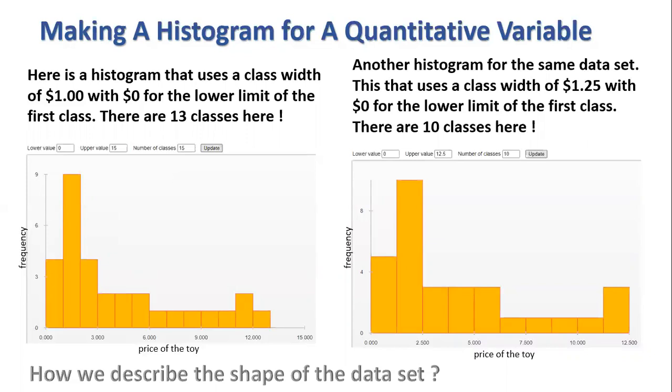Are things symmetric about that peak? Obviously not. There is a much longer right tail than there is a left tail for this. So because of this, we're going to refer to the shape of this data set as being right skewed. So those are some important things